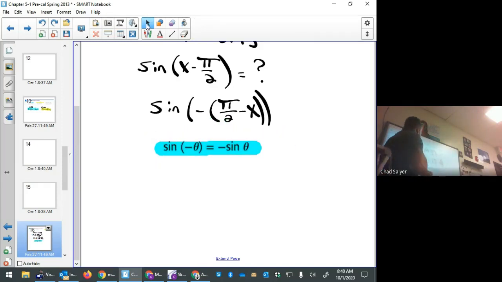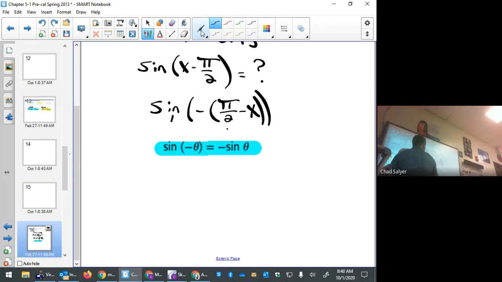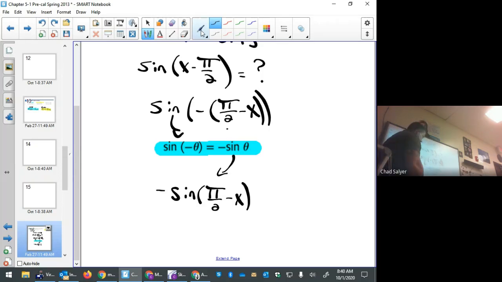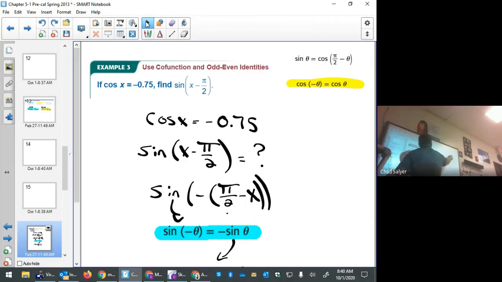So the sine of negative theta is negative sine theta. So I can say this expression is equal to negative sine of pi over 2 minus x by applying that identity. And then if I go up here, the other identity I've saved,